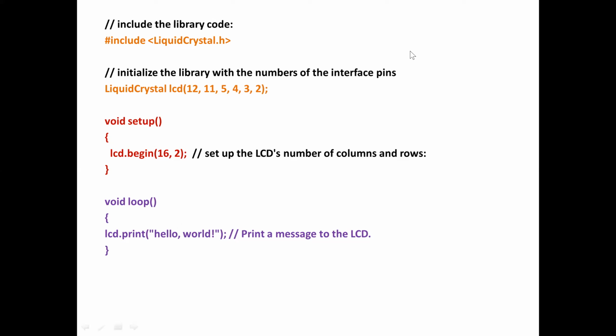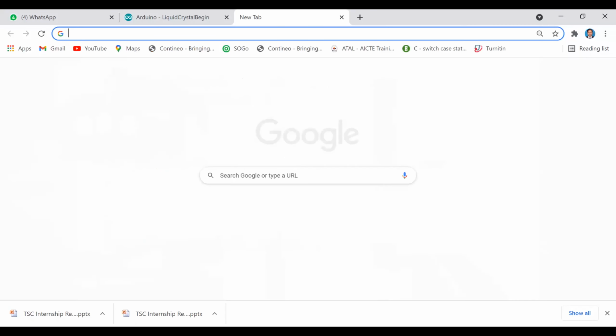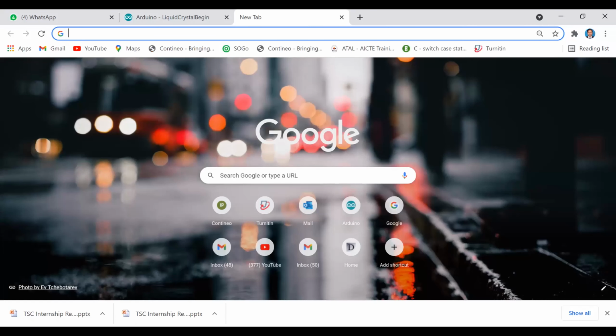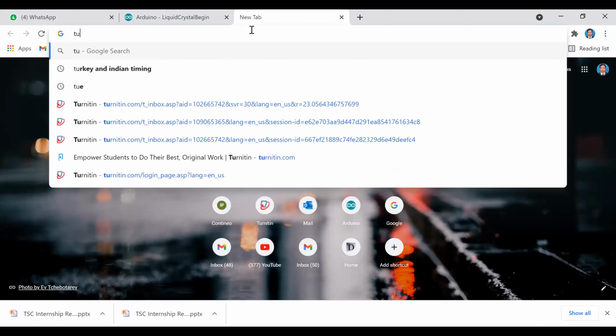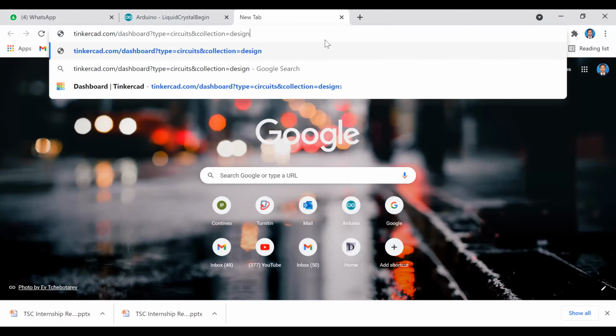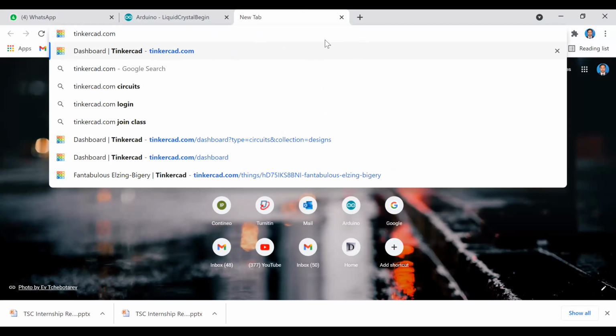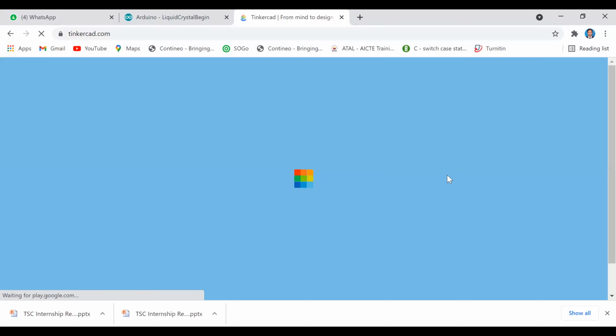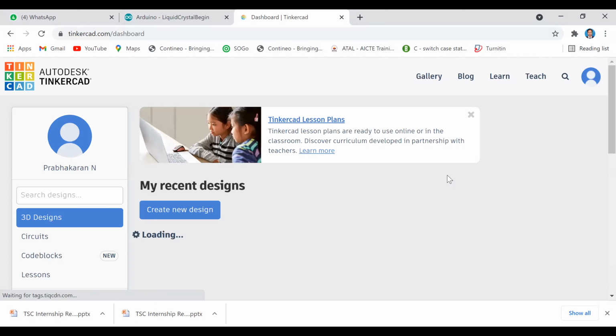So let us go to Tinkercad, and I will also come up with a lot of examples. Let us go to Tinkercad and find some examples. I'll create a new design.